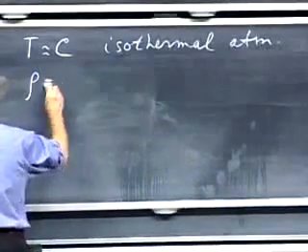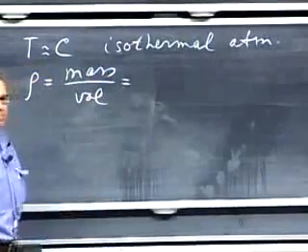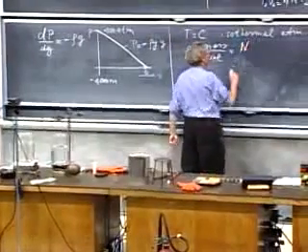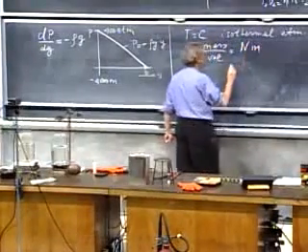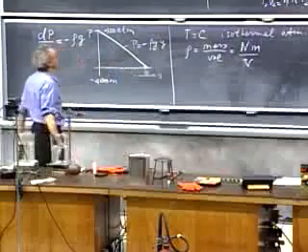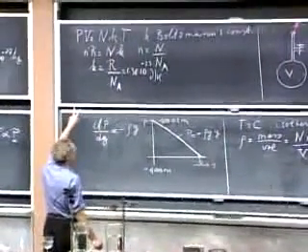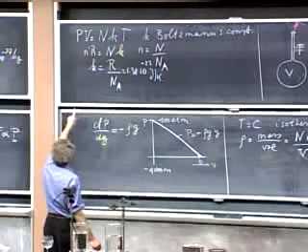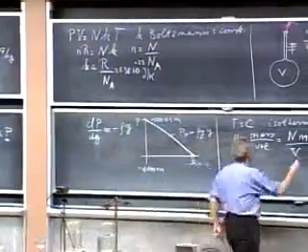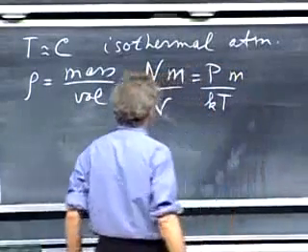What is the density of a gas? Well, that is the mass of the gas divided by its volume. I take a certain volume, and I have N molecules in there, and each molecule has mass m, and this is the volume. So this is the density. But now I go to my gas law there, and I say, aha, capital N, which is the number of molecules divided by the volume, is also P divided by kT. So this is P divided by kT times m.